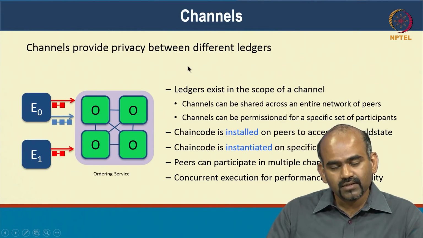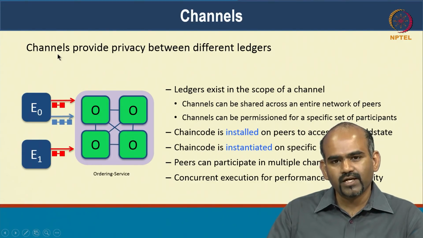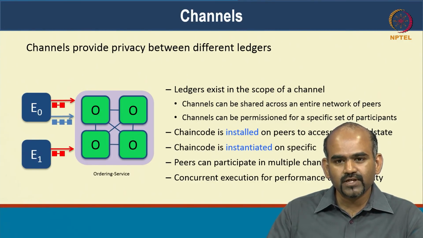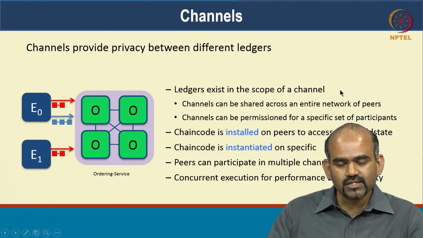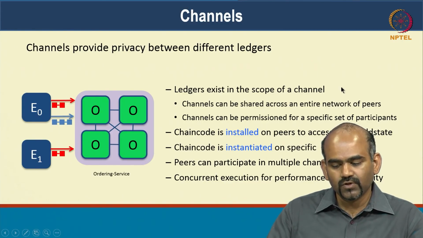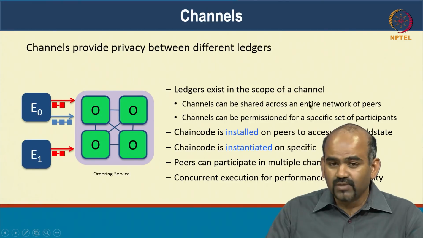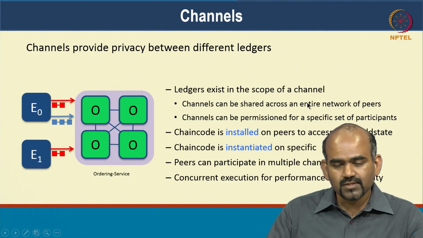And they're all going to maintain a different scoped ledger. So each blockchain is going to maintain its own ledger. In some sense, you can think of channels as providing multi-tenancy. You can have different applications with a different set of peers executing on each channel. And the notion of ledgers that we talked about exists in the scope of a channel. So each channel has its own ledger, and the data in that ledger is available to the peers in that channel. All the peers in the channel can see the data maintained by the ledger of that channel.